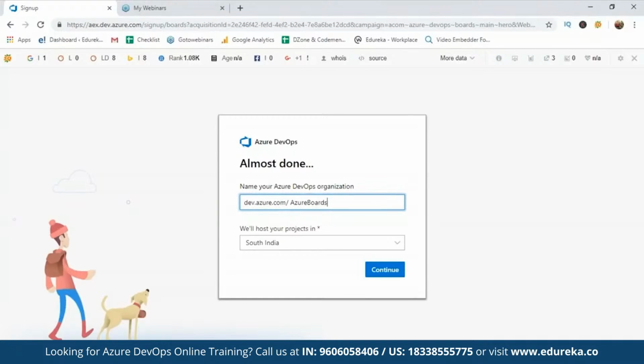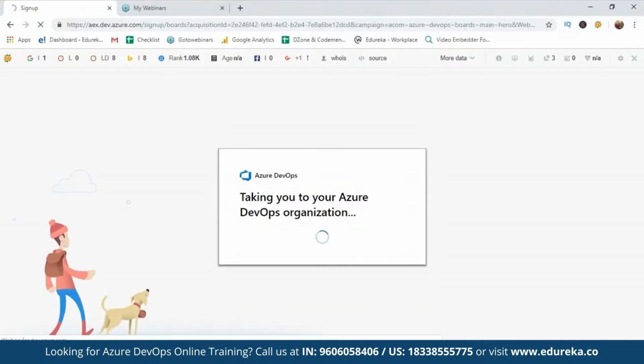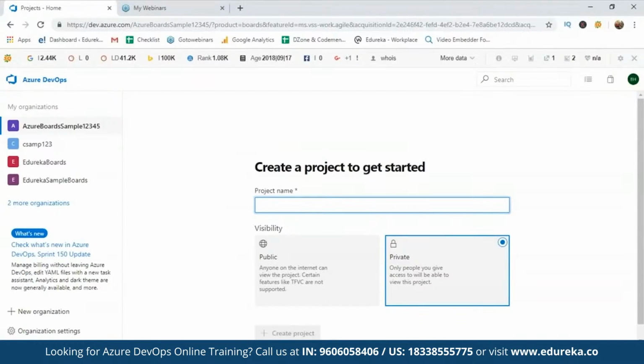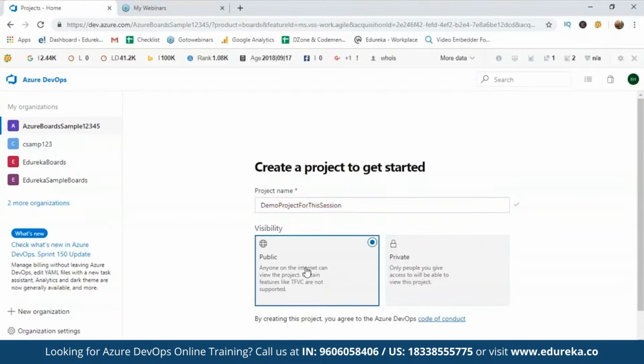Guys, I'm giving a random name because most of the names are taken. Azure Boards 1, 2, 3, 4, 5. Continue. Okay, I just backtracked accidentally. Let's say Azure Boards sample 1, 2, 3, 4, 5, and I say continue. So it creates an organization and redirects you there, and then it says to go ahead and create a project. So I'm going to say demo project for this session, and I'm going to keep it public because I wish